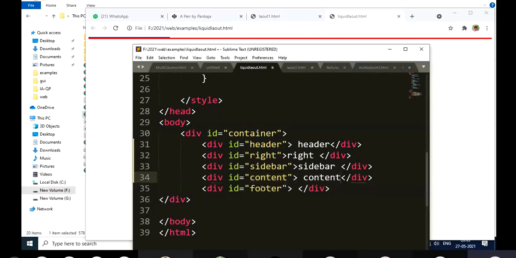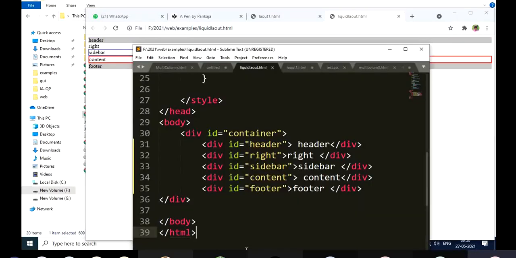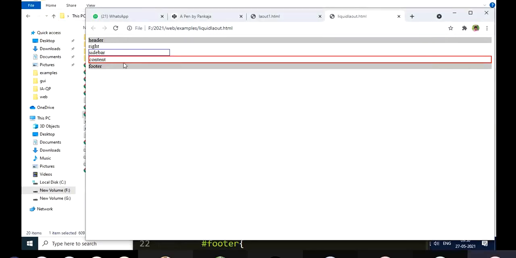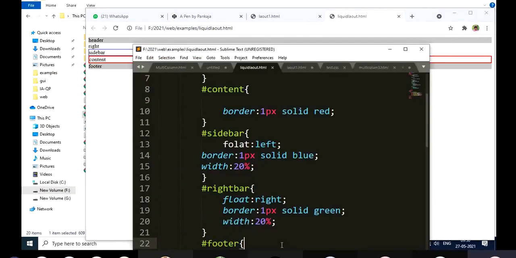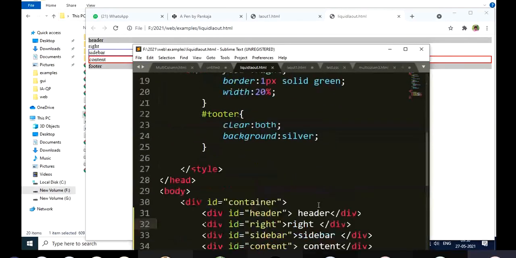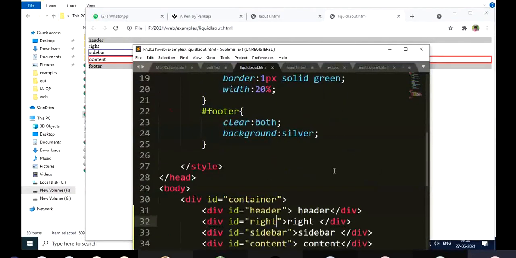I have not taken that example. So this is how I got this. I think something I've changed now. So this is right. I have to give this right bar, then only this property will be applied.